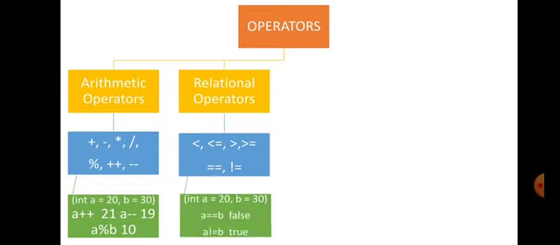Now A is equal to 20, B is equal to 30. A equal to B means the left hand side value and the right hand side value, if they are equal, then you will call it true. Now here in this case, A is 20, which is not matching with the value of B. So ultimately the relational operator equal to will result in false. A not equal to B means, what is A? A is 20. Not equal to B means, of course, 20 is not equal to 30, and ultimately the result is true. That is what we have declared below.